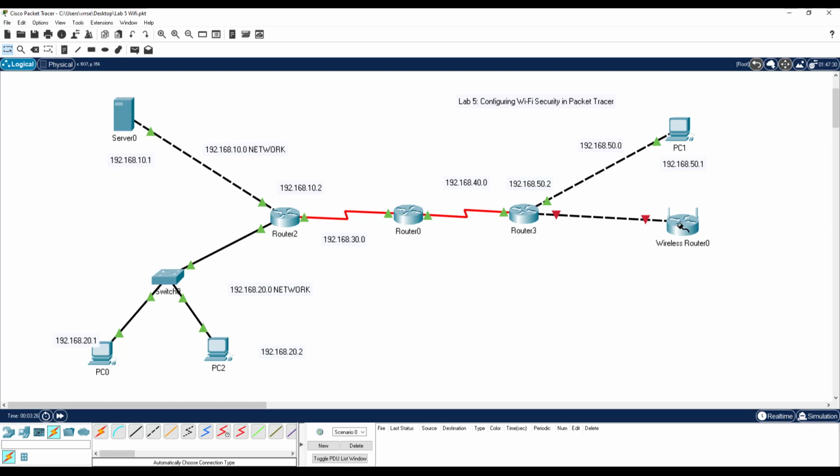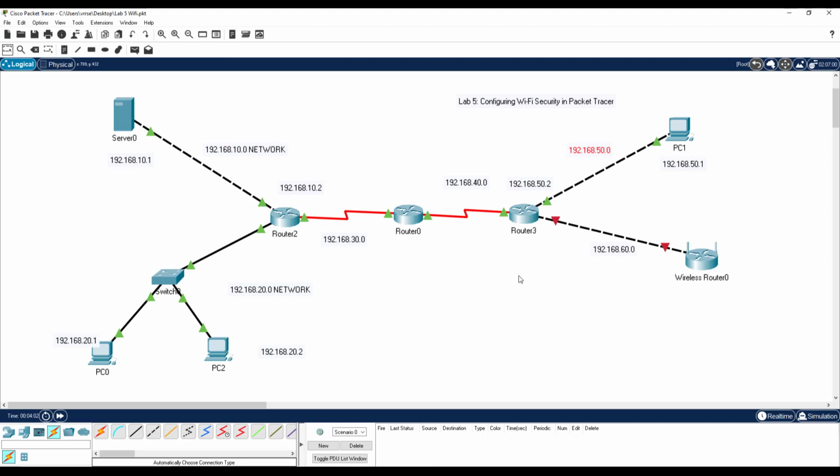Then the next step is to assign an IP address to the new interface for the router, that means router 3. In this place you have to assign an IP address for this particular interface. Already you see this is the 192.168.50 network. Now I'm going to create a new network. The new network is going to be the 192.168.60.0 network. I'm going to use 60.0. This is going to be my network now.